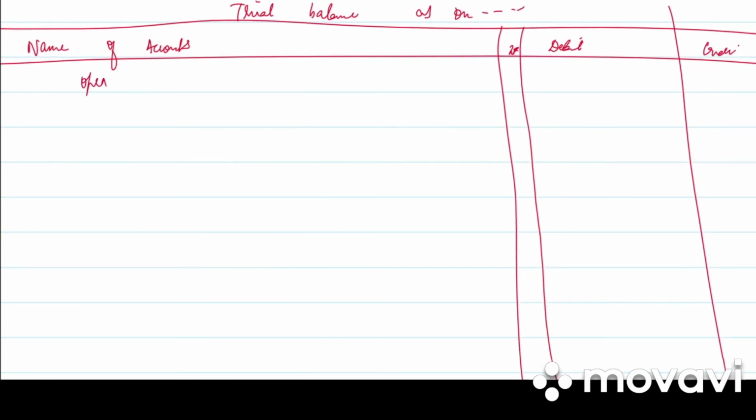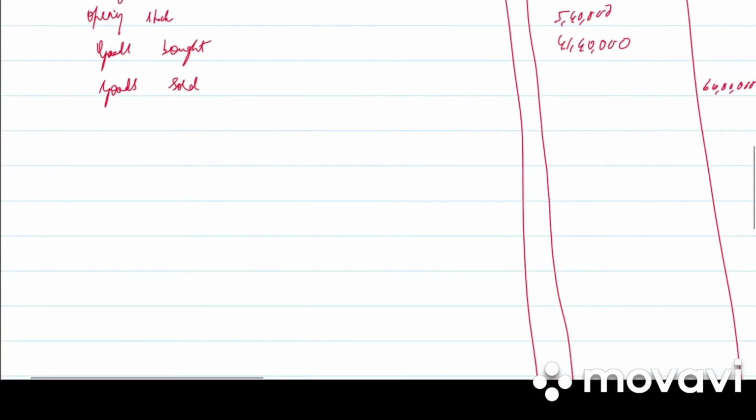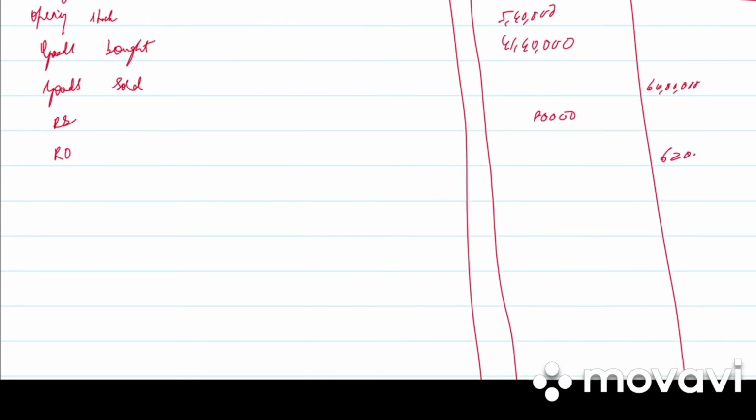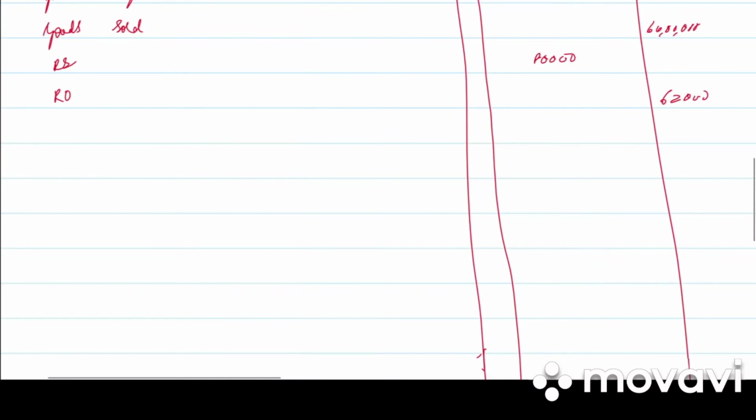First we have opening stock 5,40,000, goods bought 41,40,000, goods sold 60 lakh, return inwards 80,000 debit side, return outward 62,000 credit side, carriage outward 2,000 debit side,